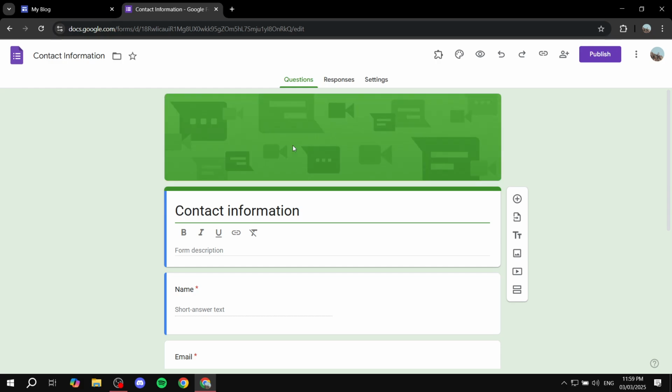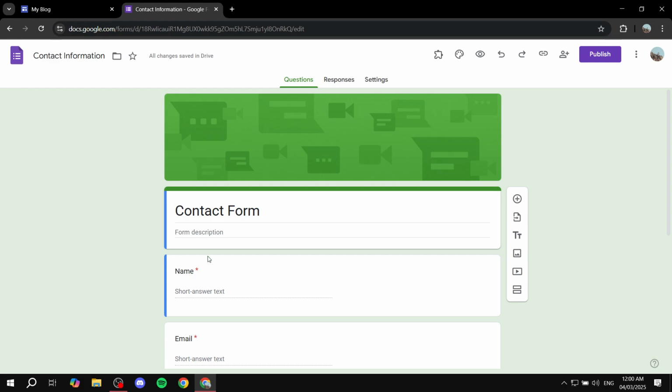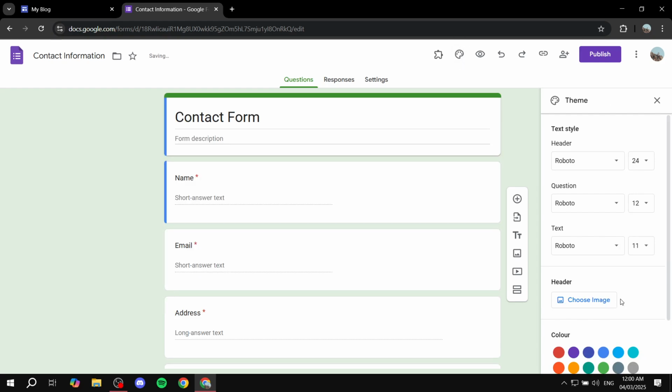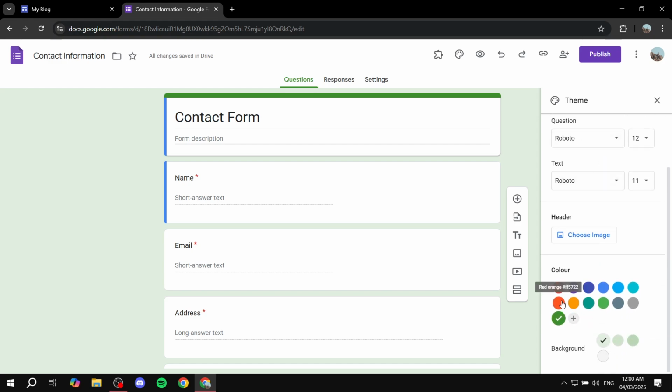So here we can first change this right here, which is going to be the header of the form itself. Right now it says contact information. We wanted to say something like contact form instead. Next up, before we actually set up the form itself, we can go to customize theme on the top here. And we're going to be able to set up a proper image, or just replace it, or just remove any image if you don't really want any. And then you can set up the text style, and you can also set up the colors that are related to